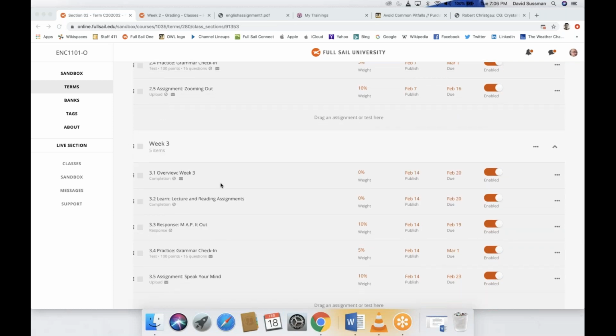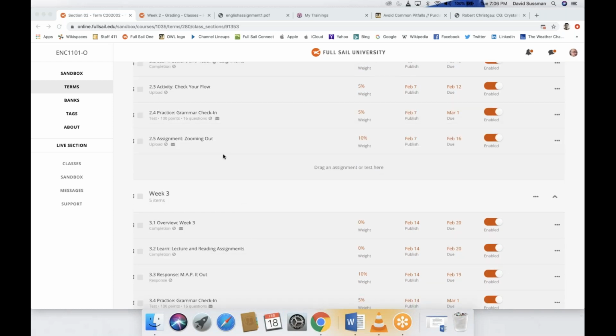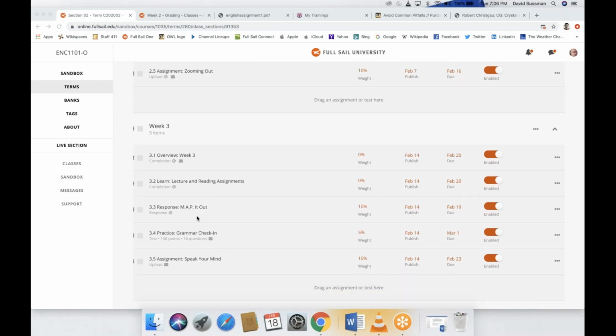So we're in week 3. There are a couple of important changes. You have one more grammar check-in. Anybody here take the week 2 grammar check-in? Can anybody confirm that you just get to take it a couple times and get rewarded with an automatic 100 and move forward? I think that's how it works. But you have another one in week 3, so don't forget about that because it's basically a gift of 5 points.